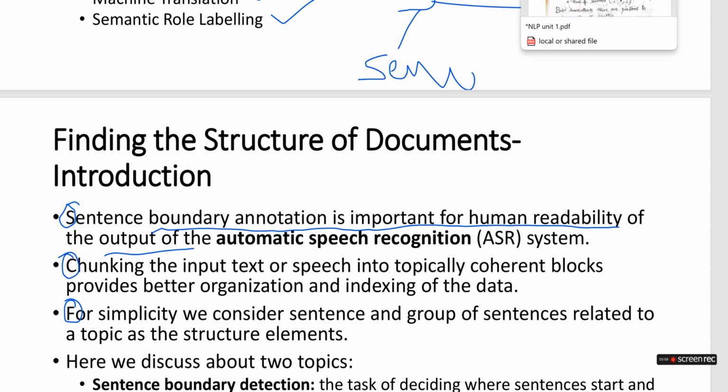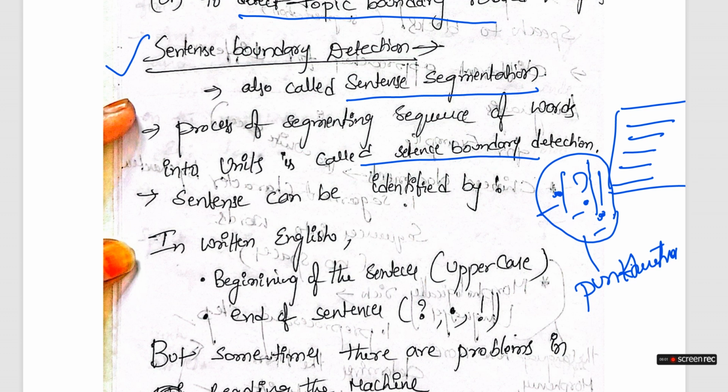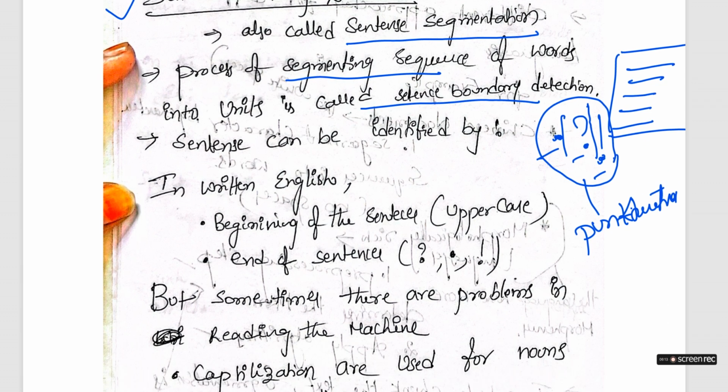So here I'll explain this segregation very clearly. The process of segmenting a sequence of words into units is called sentence boundary detection. In the English language, the beginning of a sentence is written with an uppercase, that is, a capital letter, and the ending of a sentence can be found with punctuation marks. Normally everyone writes sentences or paragraphs this way, but sometimes there are problems in